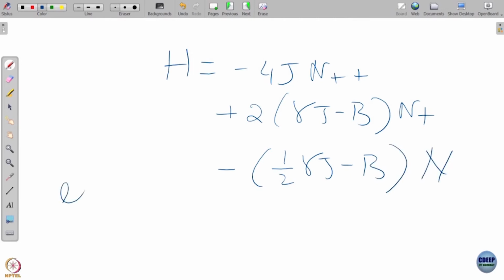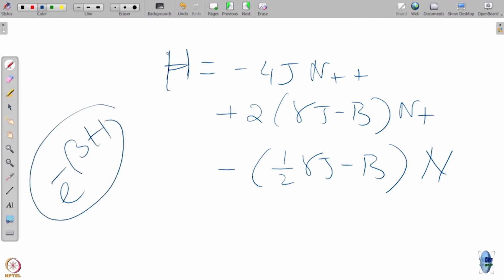So, the e to the power minus beta H, that has to go, this H goes there, and this part is okay, but I need to evaluate G. If I could evaluate the number of ways: I give you n and n plus, and if you can give me the number of ways you can realize that configuration with the given n plus and n plus plus. Then if I can give you an expression, I will be able to play the trick of maximizing the partition function, minimizing the free energy and picking up the term, but I do not have any clue to that. Now, how do you do that?